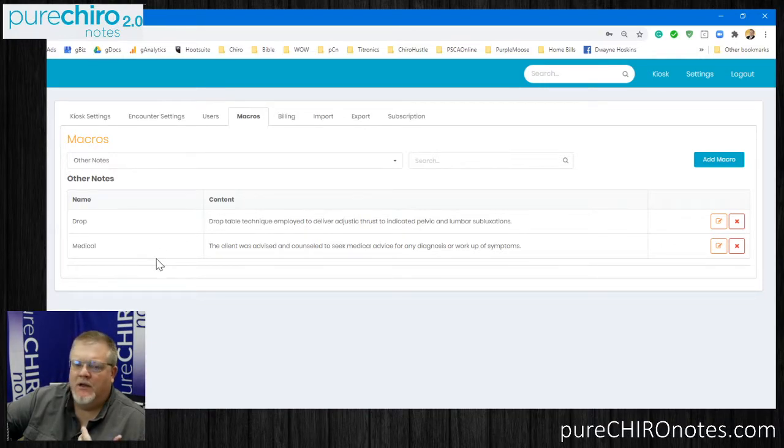The client was advised and counseled to seek medical advice for any diagnosis or workup of medical symptoms. We can put in other techniques here. You can put in activator. You can put in A to P thrust. You can put in anything else that you would use over and over and over again. You can put that information here in a macro so that it enters it. And then the neat thing is if you do it properly, you can just go back and edit a few characters